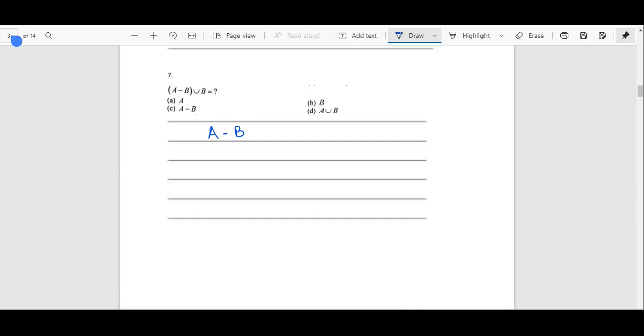So let's say I have a set A. From that set A, I am going to take out all the elements of B, and then I am going to take its union with B, which basically means D. Why? I'll tell you. Now in A minus B, I only have